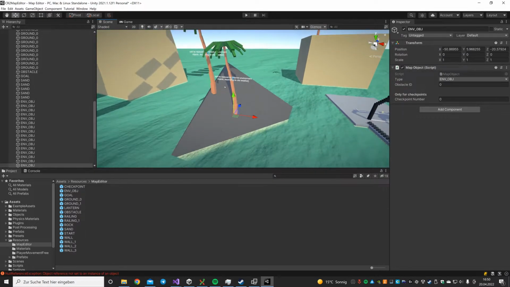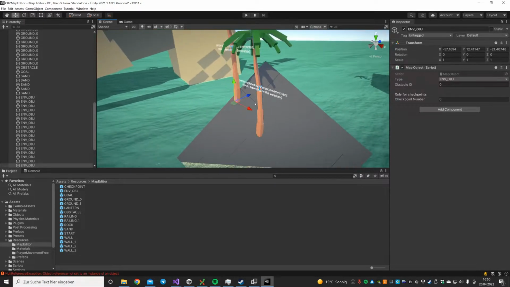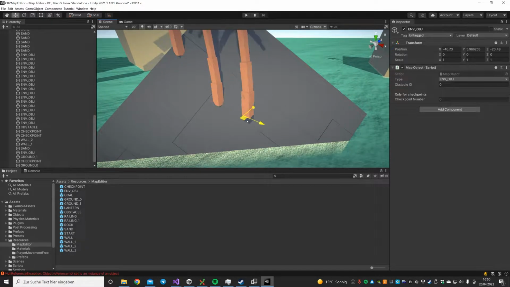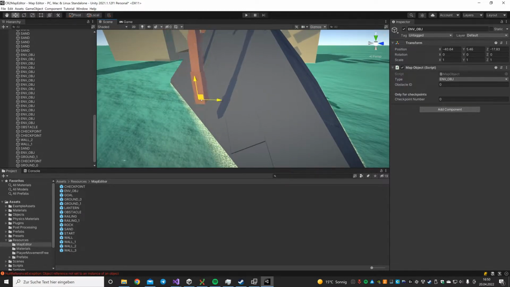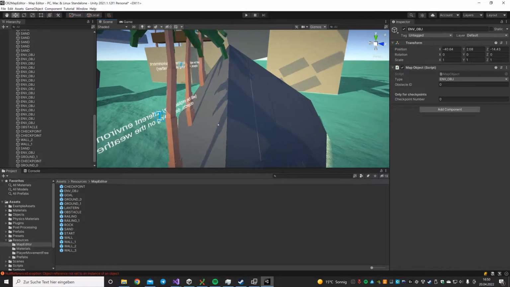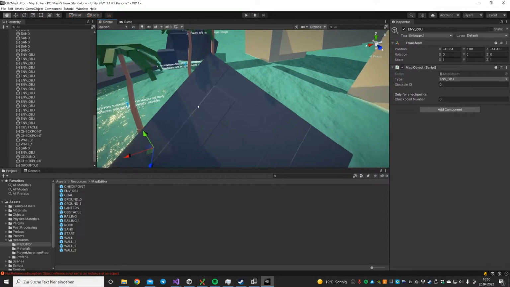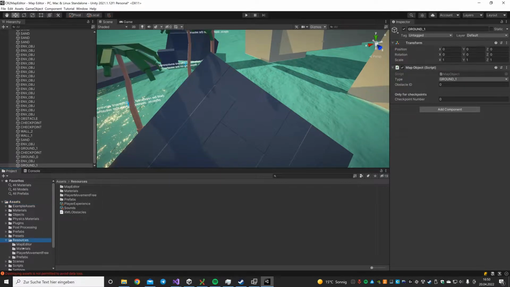For these, it is quite useful to use the project folder. Let me show you why. If I select one and then I duplicate it and I want to move it here, you can see that it's floating now, and I have to carefully put it onto the surface so it fits. Here it is much easier if you drag and drop the object from the project folder here, which you can also do. So let me show you. You can navigate to Assets, Resources, and then Map